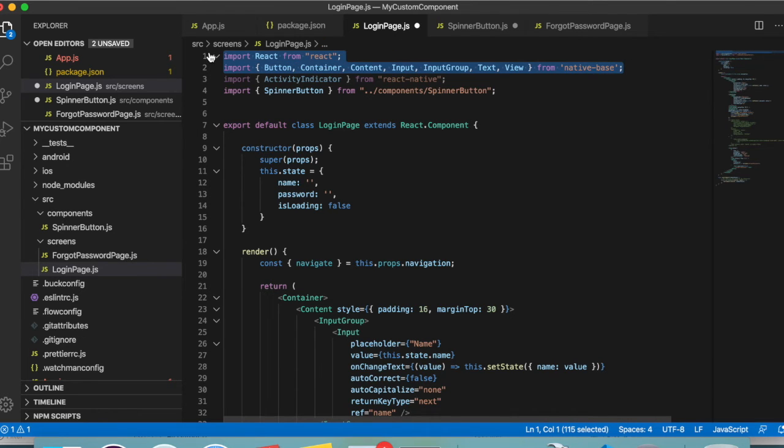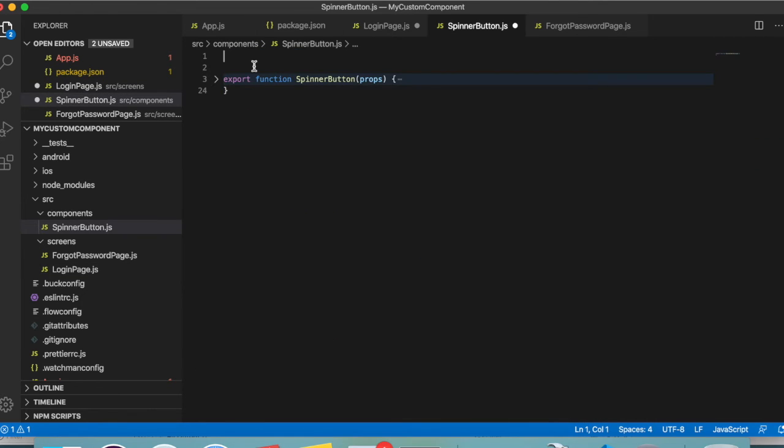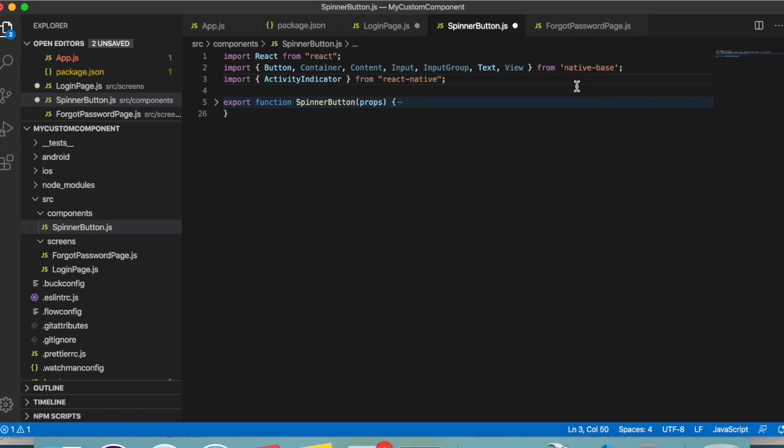I have taken all these components from the native base class, so I am just importing all that information over here. You can remove the unwanted text which is not required.